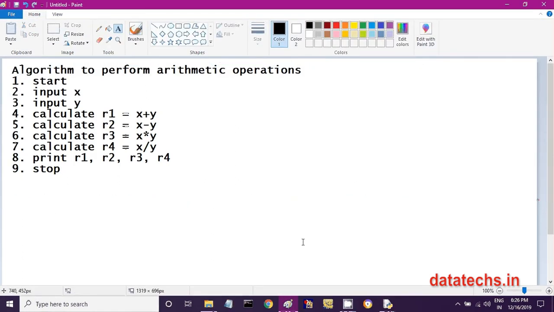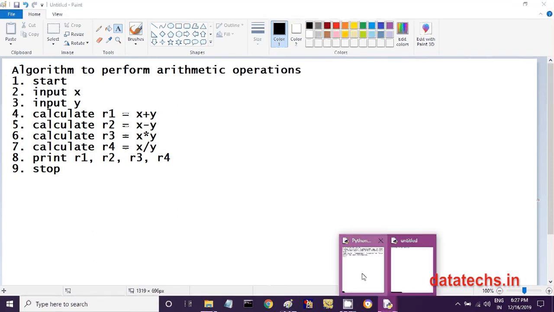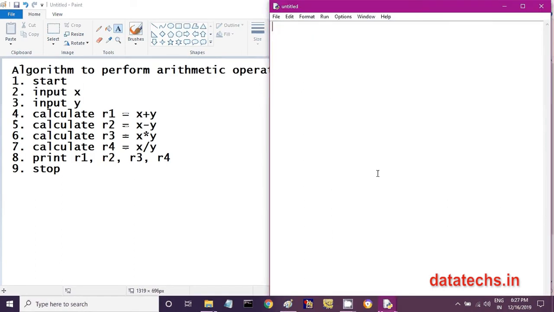Now let us convert this into a program, into a Python program. Now we are ready to write our Python program. So Python program to perform arithmetic operations.